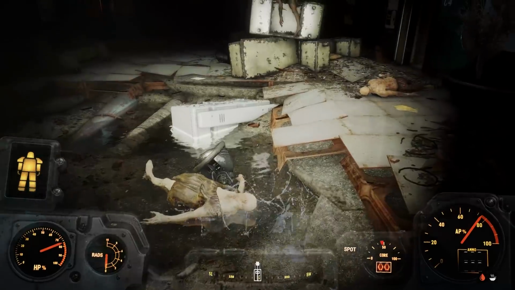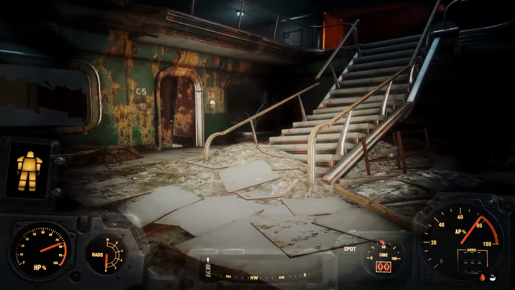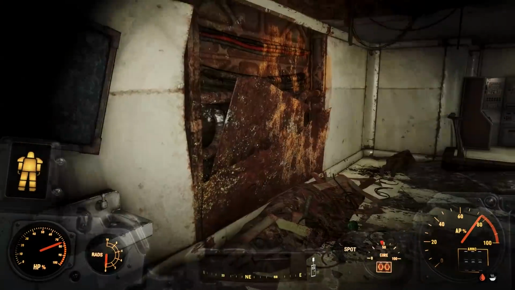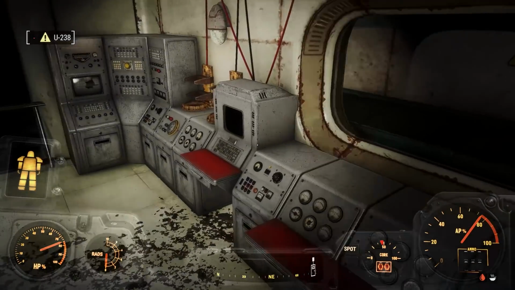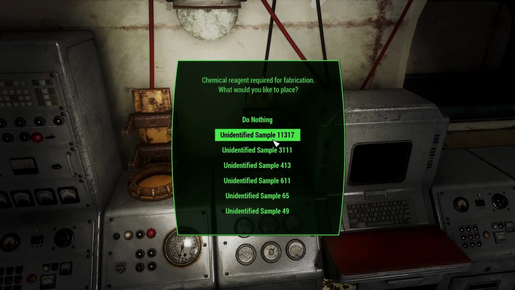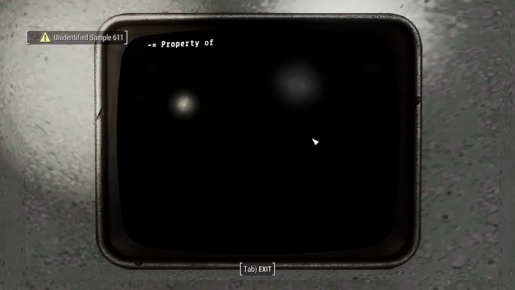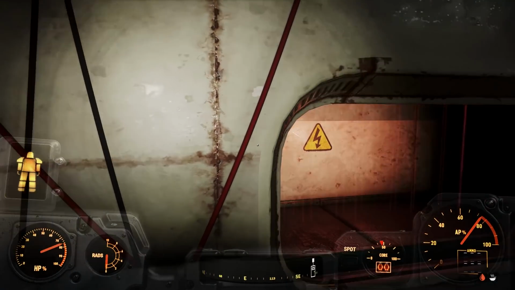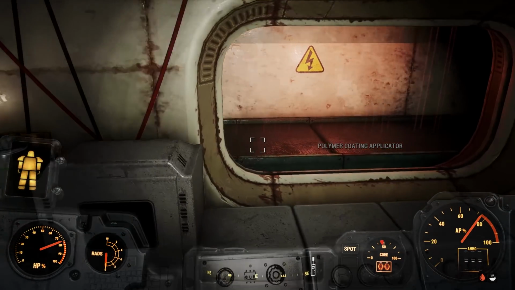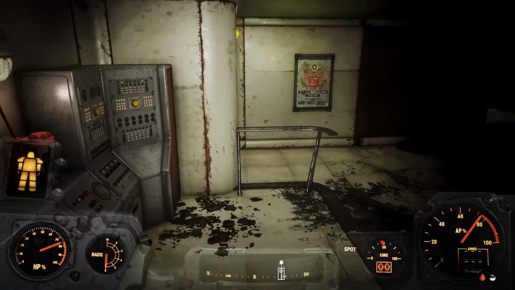Okay, that should be it. And yeah, now we put the isotope sample in there, and you gotta figure out which one it is here. It's not even that difficult. I think it's like 3111 and 611. Is that right? Let me try that. Did I get it right? My first try on guessing? I don't think it works unless you've actually gotten it right, so...